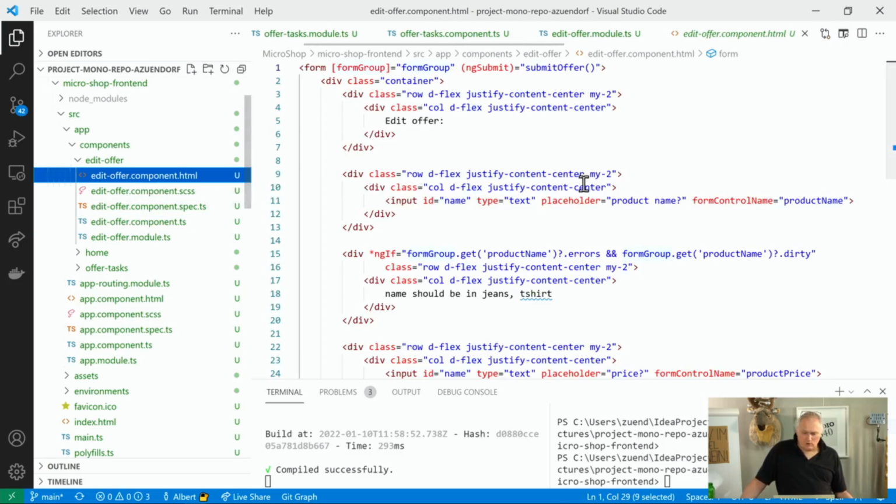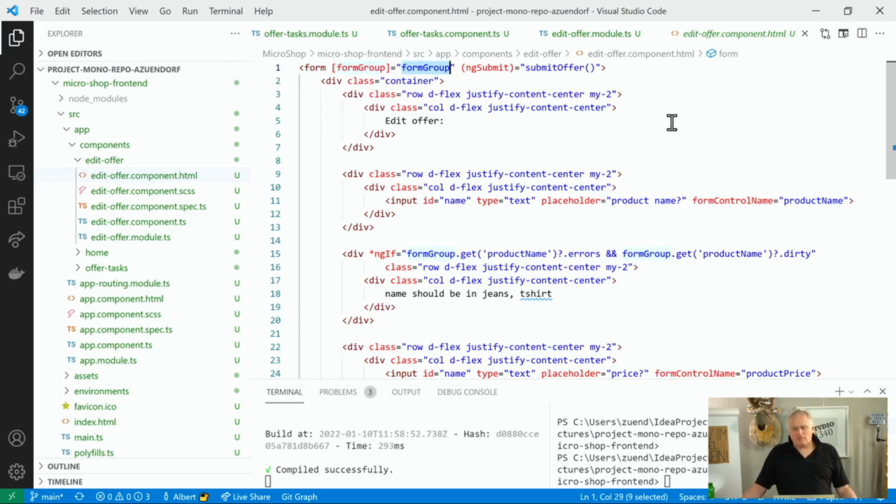Edit offer component HTML. Okay, we have the form, and we say the form group that contains the fields for this form is named form group, and this is a field within my edit offer component class. And then you say when this form is submitted, call operation submit offer, which is again